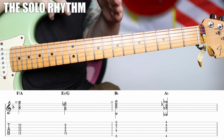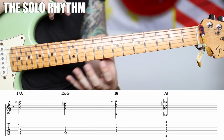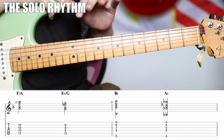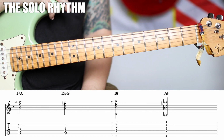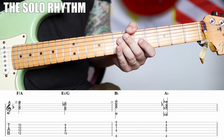So you could do the intro, and then you could just do the verse like that with a varying degree of improvisation. And the turnaround, you could do that 4 times. If you weren't going to take the solo, that would be exactly what you were going to do. But there is a solo, all right? And so for the solo, we're going to